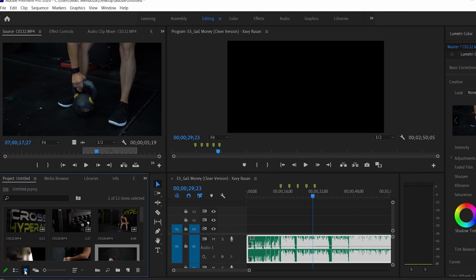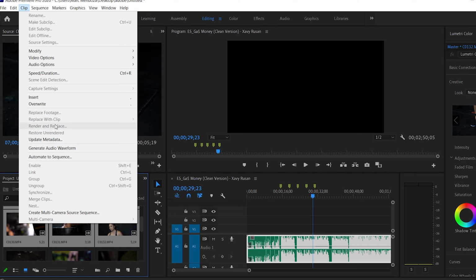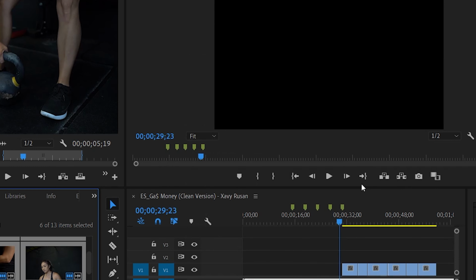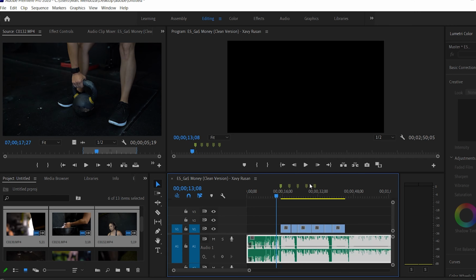After you're done, what you need to do is highlight all of those clips that you just did, right? And then you go to clip, automate to sequence, and then make sure you have ignore audio on this. And on this, you have to make sure that you put add unnumbered markers. And then you just press OK. So basically it automatically connects into those drops. So if you play it back,